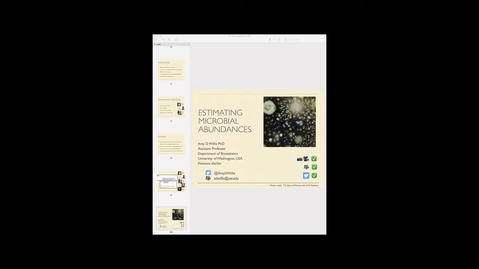Anonymous question: For most metagenomic analysis, there's approximately 50% unidentified microbes. If we do not know about the composition, how can we efficiently calculate the ratio? So that's a terrific question, and one that we receive a lot.